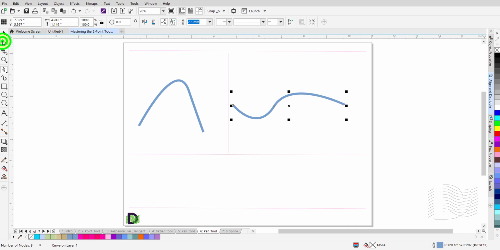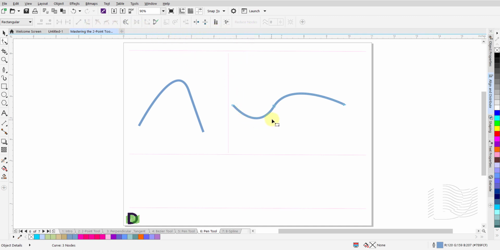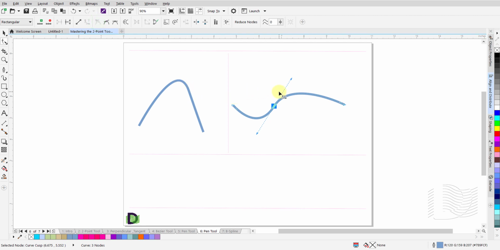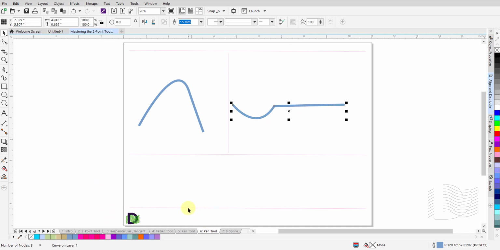Now click on the Shape tool icon to select it or press F10 to select it. The icons in the Properties bar change due to your tool selection. Click on this node to select it. This node connects the two segments. The Properties bar up top highlights the options available to you to manipulate this segment. Click on this icon for a cusp node. Now grab the control handle that is pointing upwards and pull it down until it lies on top of the blue preview line of this segment. Release your mouse button and press the space bar to disengage the cursor.